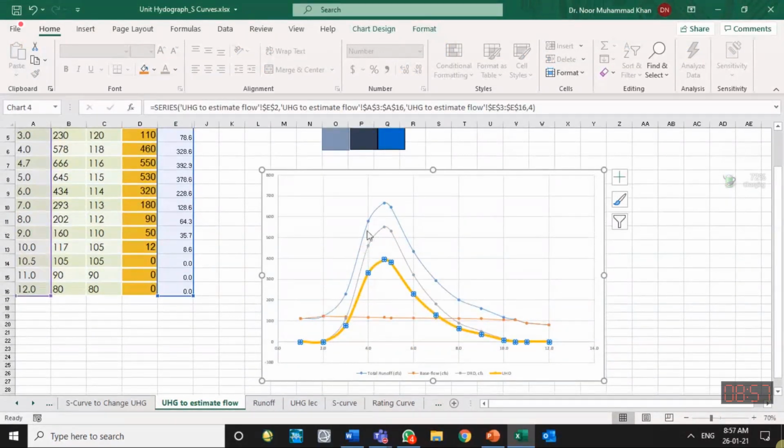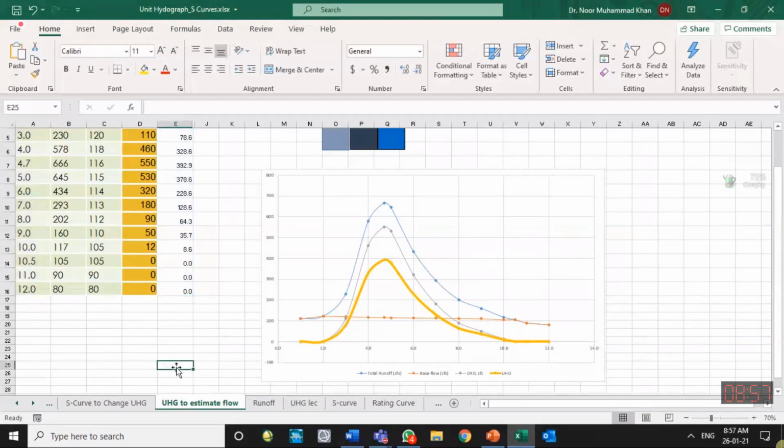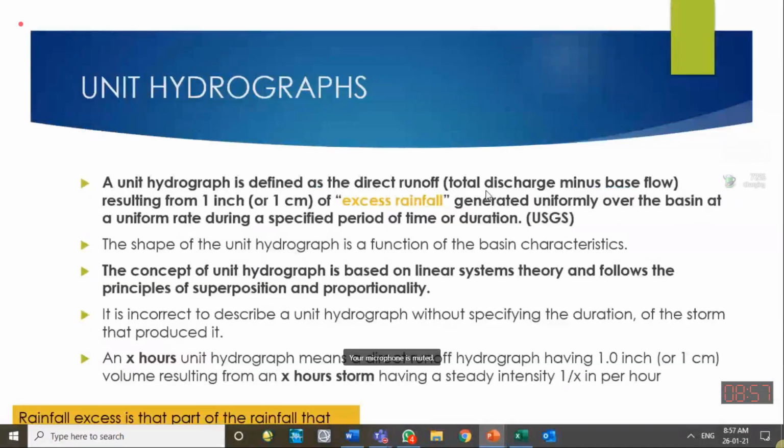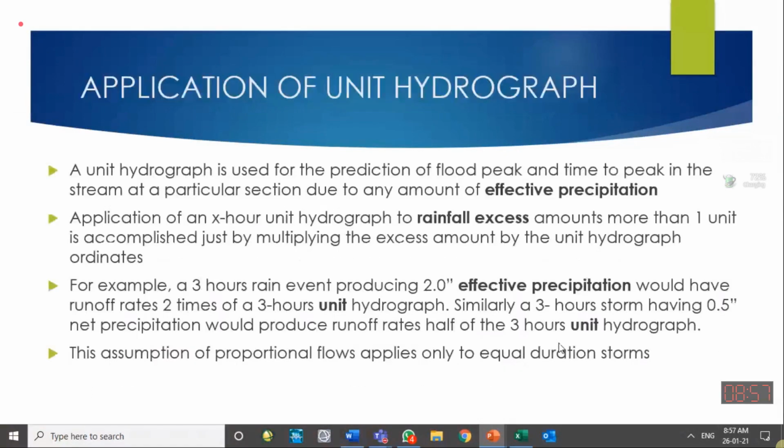When the actual hydrograph had so much value, the unit hydrograph has this. So the unit hydrograph has zero value up till this time, and then it has some direct runoff, then some direct runoff, and it ceases over here at this time step, 10.5 hours. So that is the shape of the unit hydrograph. Hopefully you can do it easily, and you should do it. Please do it with your hand. In exam, you will have less time. You will not be able to understand if you have not done it by your own hand.